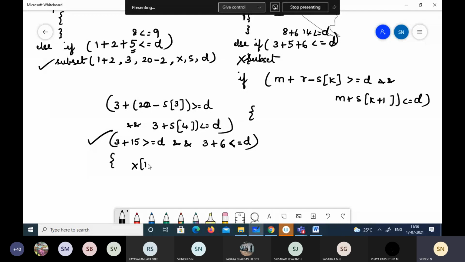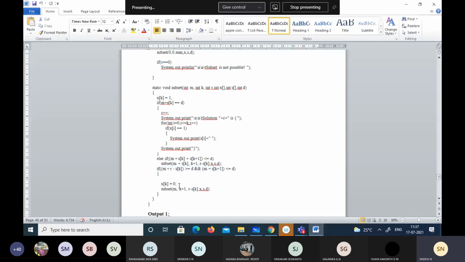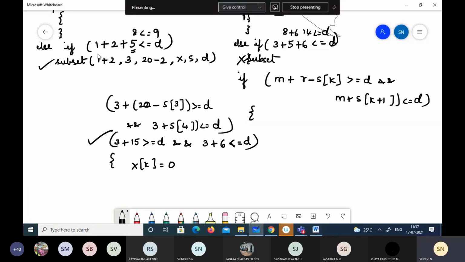Now x of k is equal to 0. Inside that statement we have this here. In that case, we will just make s of k equal to 0. That is, we are excluding the third element. 5 we have excluded. The numbers whatever we have, 1, 2, 5, 6, 8. We had taken all these. Now we are excluding this. Hence I am making x of k equal to 0. K value is 3 here, isn't it? If you check whatever parameters we passed, k is 3. That is the third value I am excluding. I am not including that to form a subset.